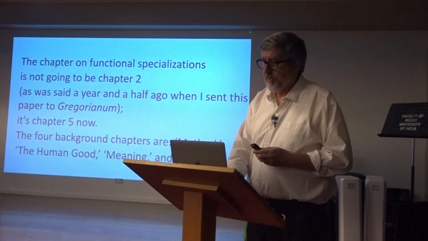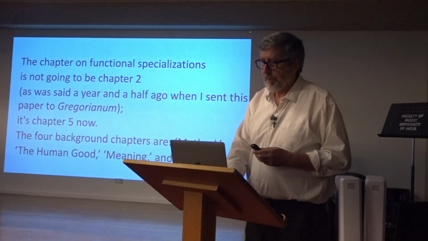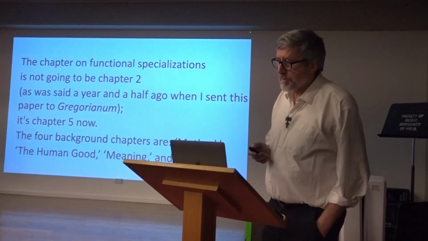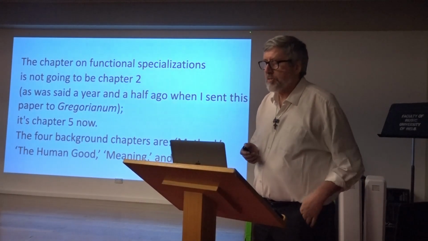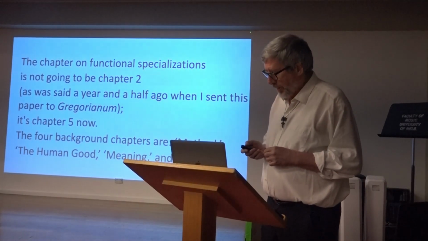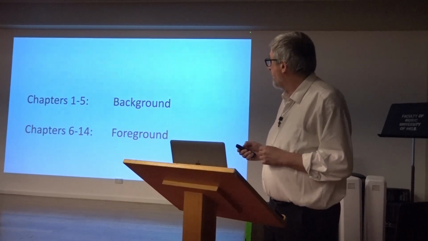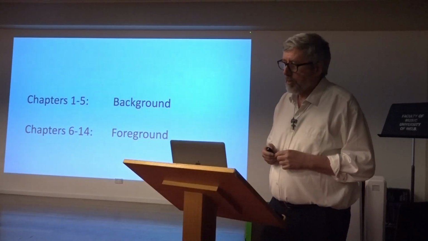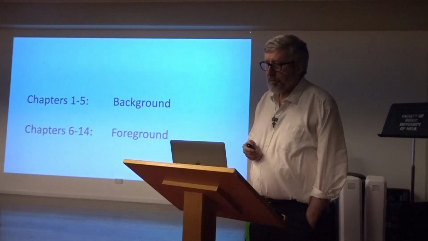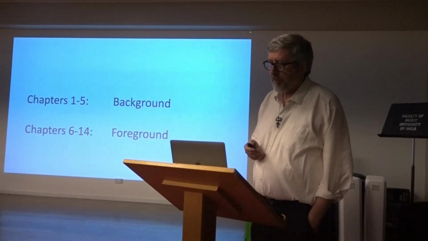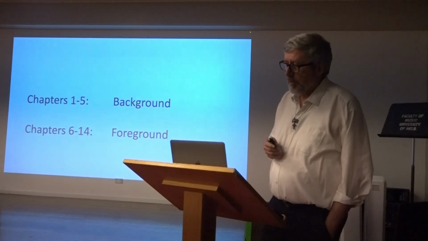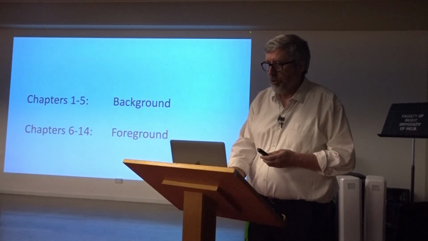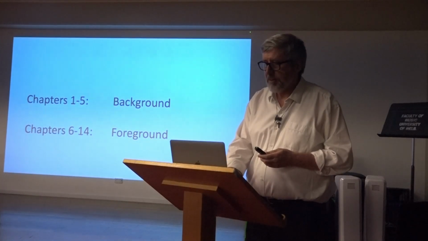So what role do these 4 initial chapters play? Lonergan himself refers to the role of them in a number of ways. The table of contents of Method divides the book into 2 major sections. Chapters 6 to 14 on the various functional specialties are called foreground, while the chapters 1 to 5 are considered background. Background to what he's going to do in the main part of the book. Chapter 5, of course, is something somewhat transitional. It's somewhere between foreground and background.